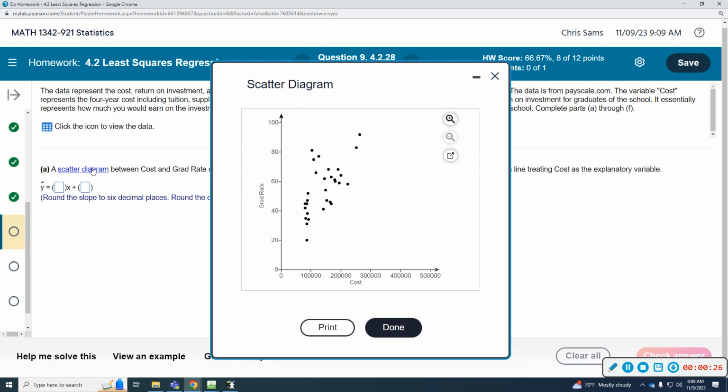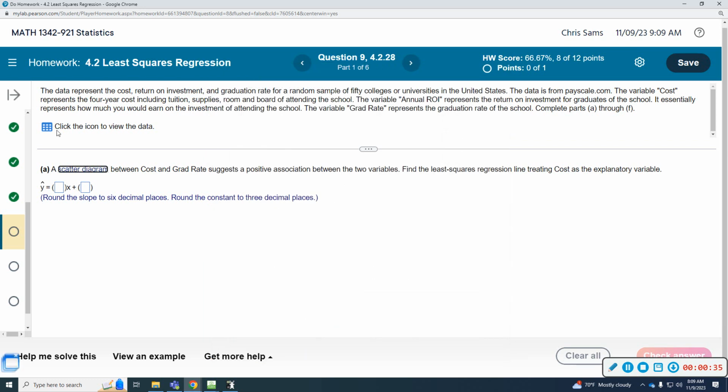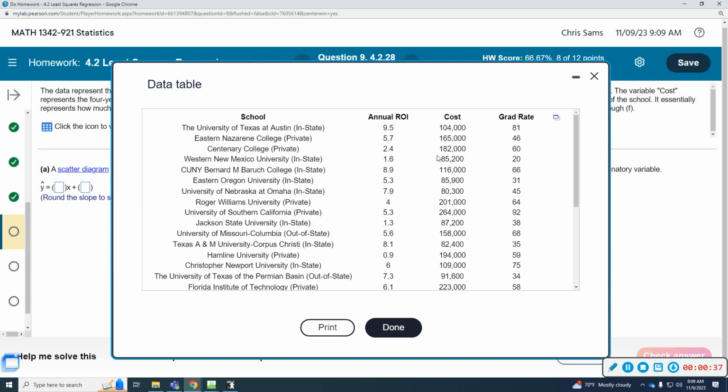Okay, so here's the scatter diagram. We can see there's a positive and upward trend. We're going to go ahead and find the least squares regression line. So let's do this in